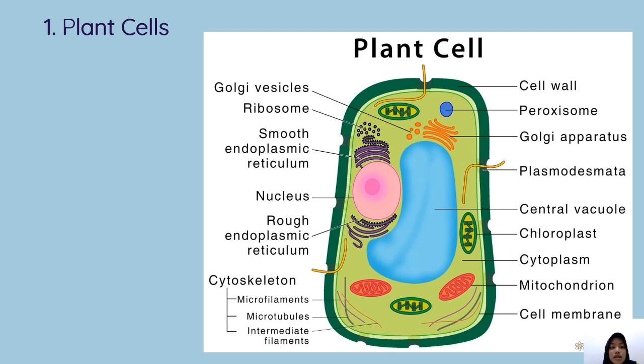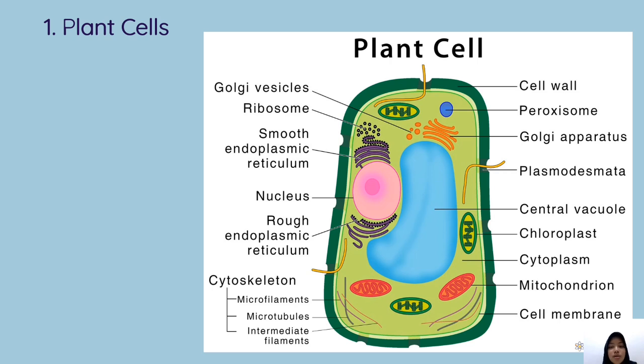And then the six, there are Golgi apparatus, also known as Golgi body or Golgi complex. The function is synthesizing complex polysaccharides of the cell wall, and then processing, packaging, transporting, and secretion of the proteins produced in the rough endoplasmic reticulum, and then performing protein modifications such as phosphorylation and then glycosylation, and then breaking down of proteins into simpler ones.